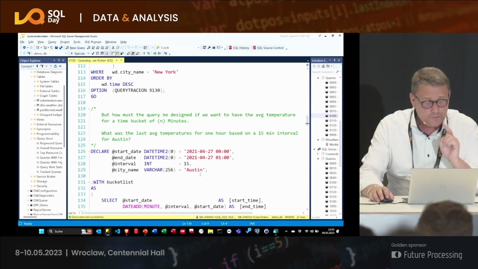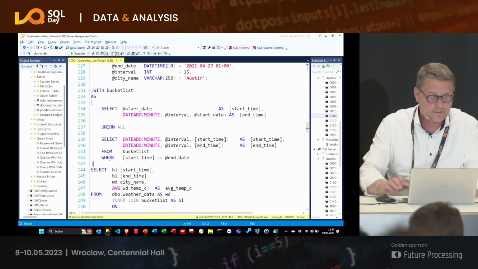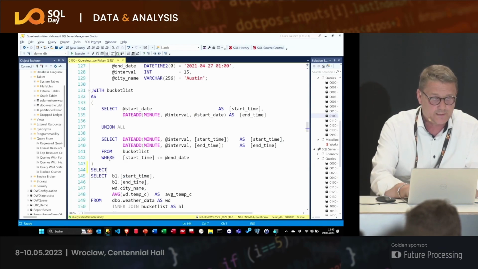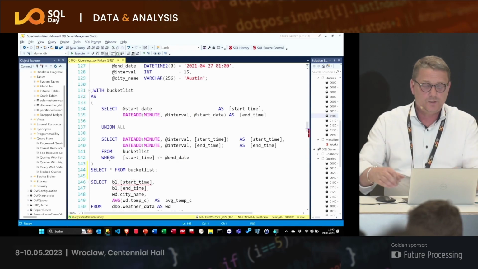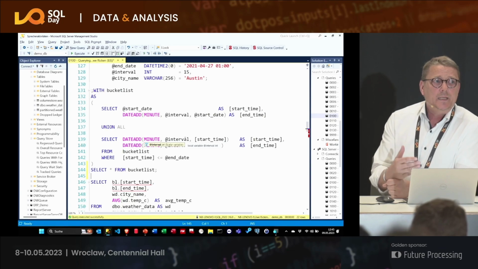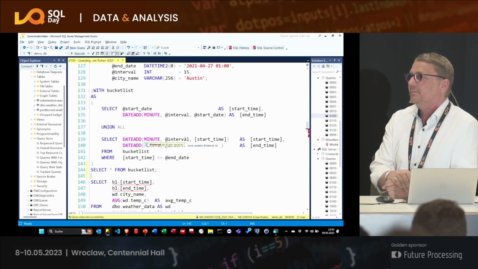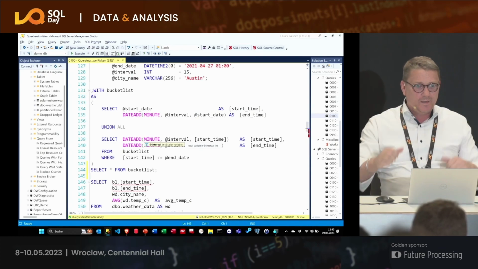And how you can do this is with this one. It looks complicated, but let me show you how it works. Select star from bucket list. Just only to show you the result. Who of you does not know the technique of recursive CTEs? No idea about that? Super.